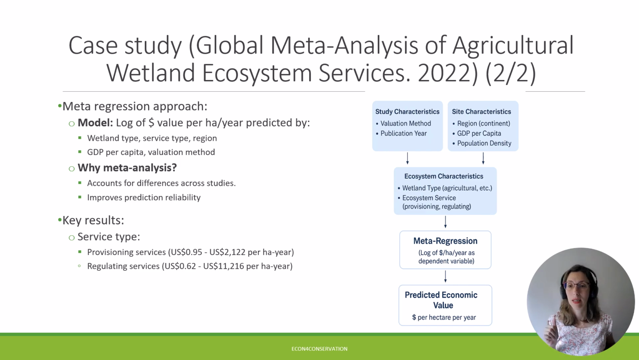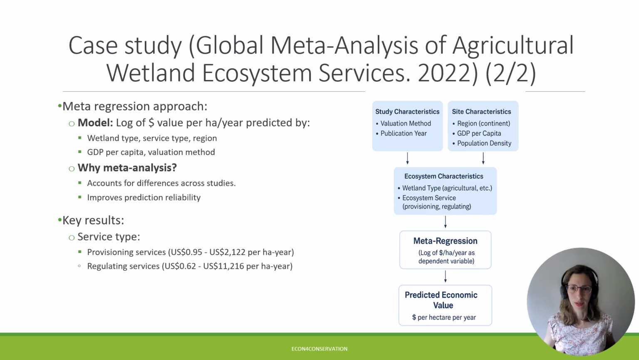Here's the idea. The dependent variable was the log of economic value per hectare per year. The independent variables included wetland type, service type, country characteristics, and method used. This statistical model helps predict ecosystem service values for any new site that shares similar characteristics. This is the essence of meta-analysis benefit transfer, using a large evidence base to create a prediction equation rather than